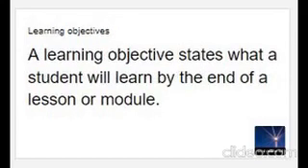A learning objective states what a student will learn by the end of a lesson or module. For example, if we all watch the same movie, and then we are questioned about it, the questions could come in different levels. We could be asked, who was the star of the movie? We could be asked, what is the main point of the movie? What questions would you ask in an interview with the star? How does this movie relate to your life? And now think about what we would need to answer our question. It would help if we were told why we were watching.